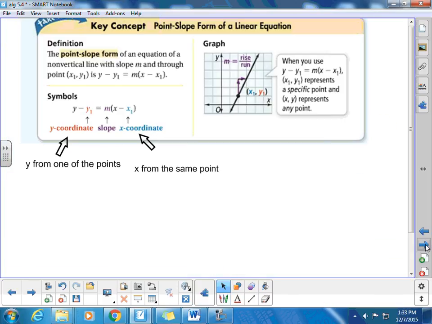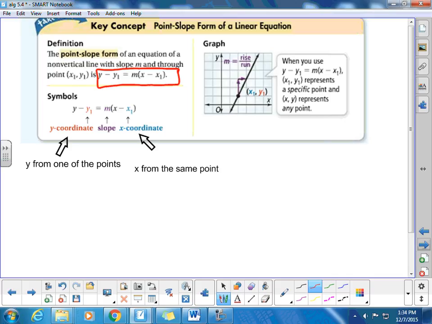today. So point slope form is this new equation, and you need to have this, take a look at this, it should be in your notes. The point slope form of an equation of a non-vertical line with slope m and through points x1, y1 is y minus y1 equals m times x minus x1,